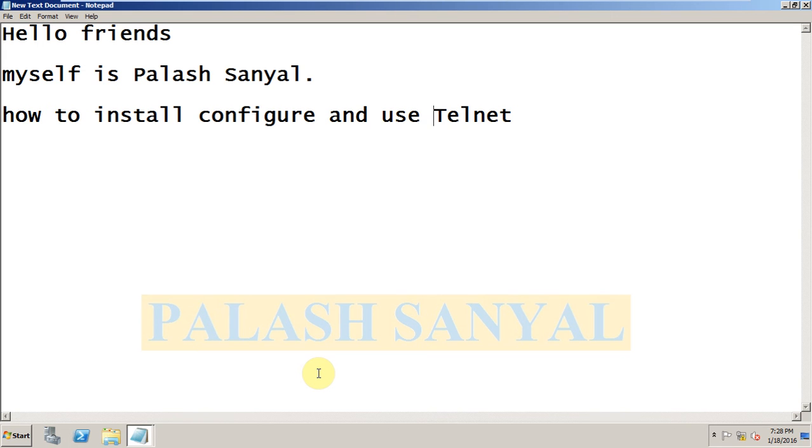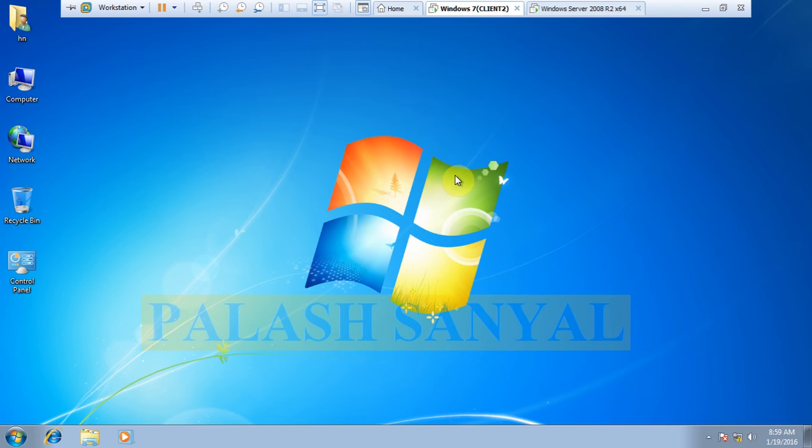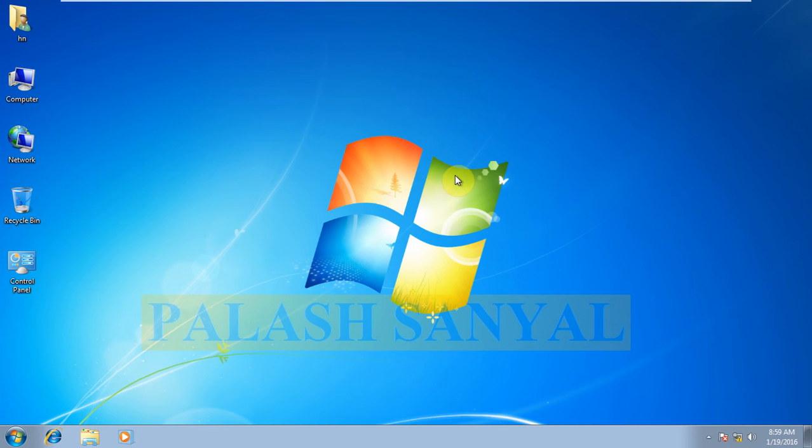Telnet is a feature of Windows with which you can access your command prompt remotely. So if I am an administrator, I can use a Windows 7 machine, and I need to create a user.